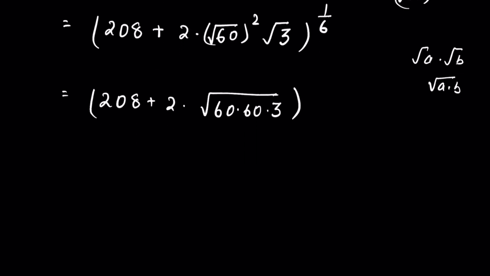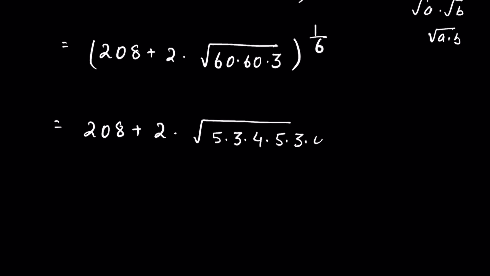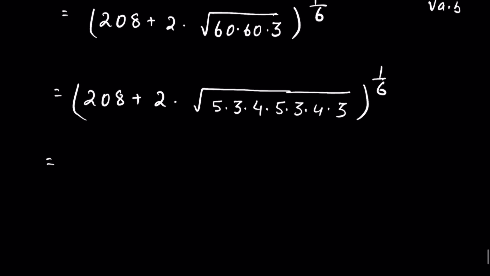Then whole raised to the power of 1 upon 6, or 208 plus 2 times, now this we can write it as 60 as 15 times 4, or 5 times 3 times 4, then times 5 times 3 times 4, then times 3 under square root raised to the power of 1 upon 6, or 208 plus 2 times, if